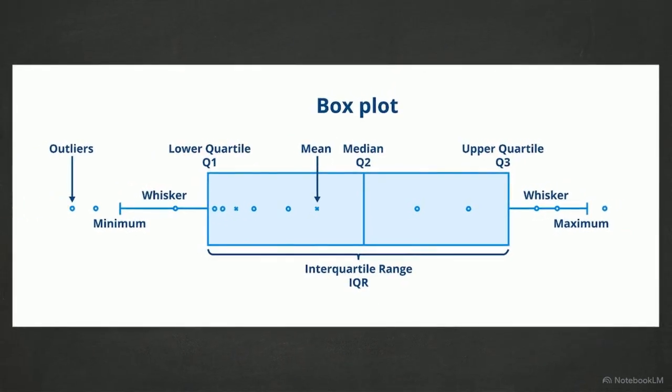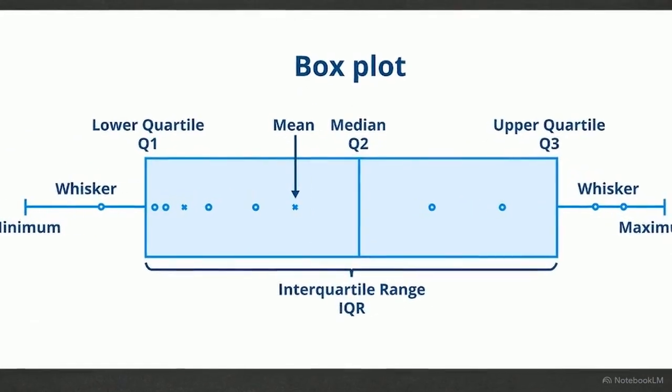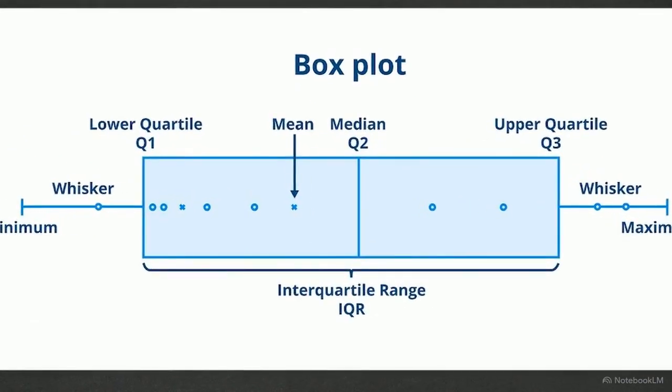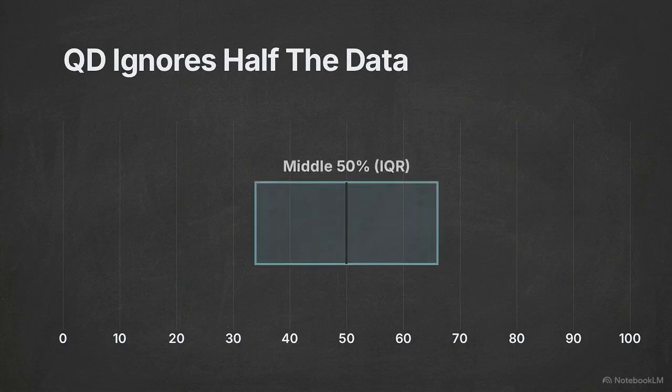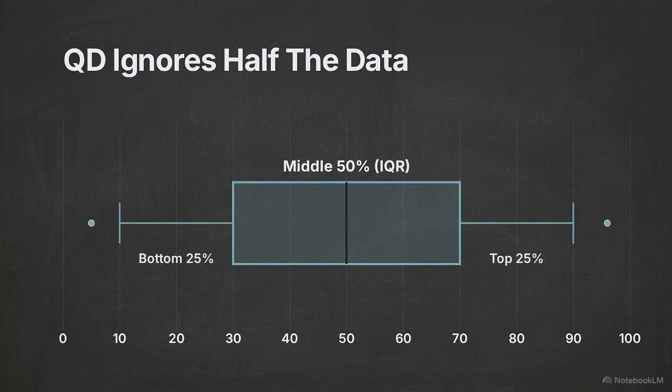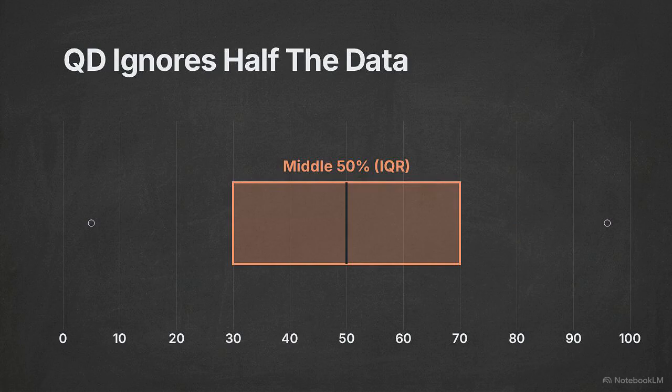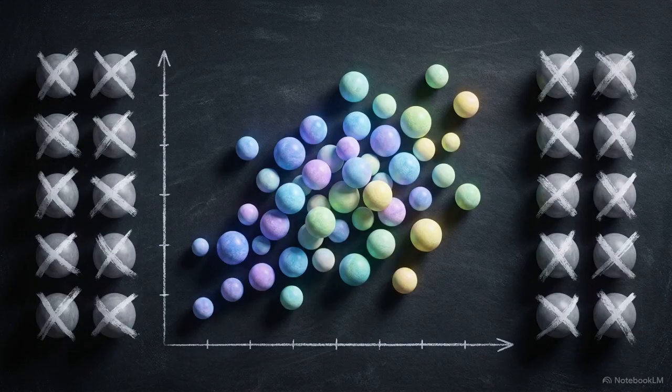This makes quartile deviation effective for Indian socioeconomic surveys. When analyzing household income, omitting the lowest and highest 25% prevents a few ultra-rich billionaires from distorting the economic reality of the middle class. But quartile deviation has a structural limitation. By ignoring the top and bottom quarters of the dataset, it explicitly discards half of the available data. Quartile deviation successfully filters out anomalies, but discarding half a dataset leaves us without a comprehensive measure of total variance.